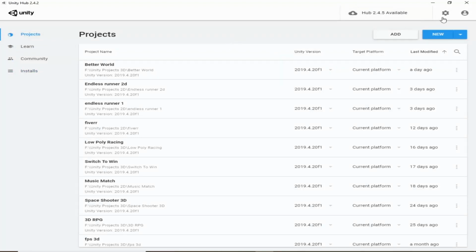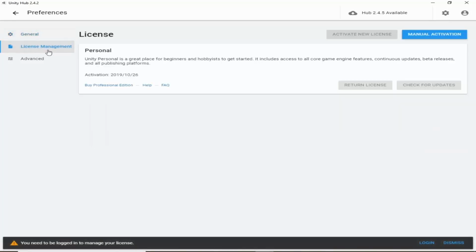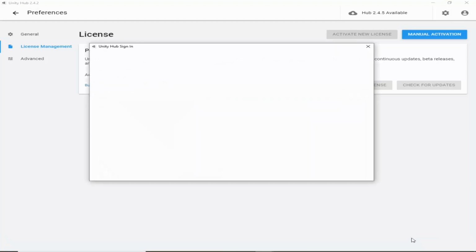So click on this settings button, and then here you can click on license management. I have already activated a personal license, but you would not have this. So you have to log in your Unity account to generate license. So click on login.